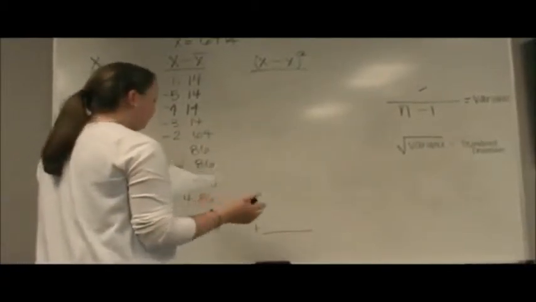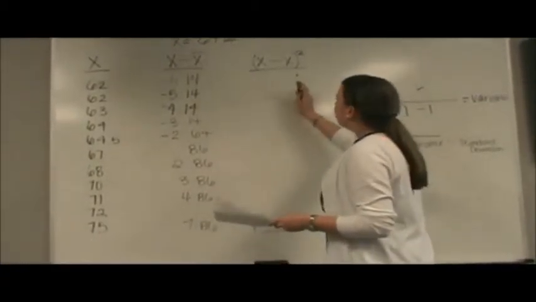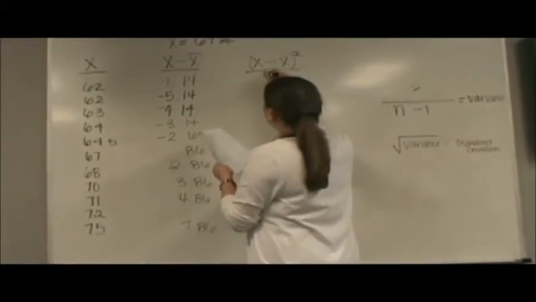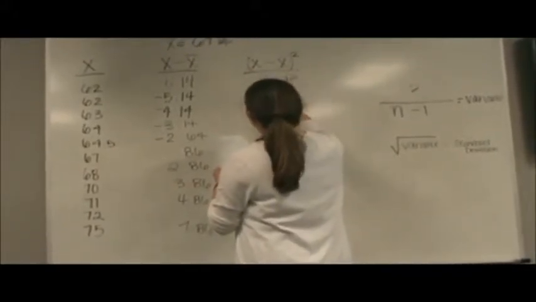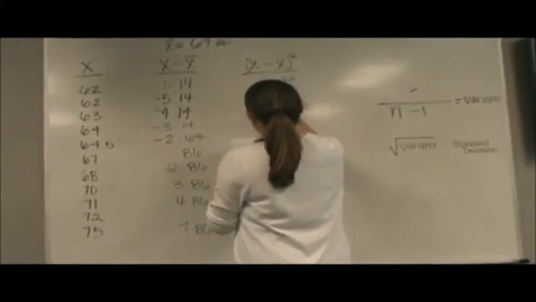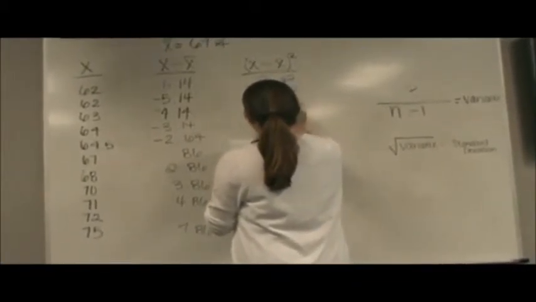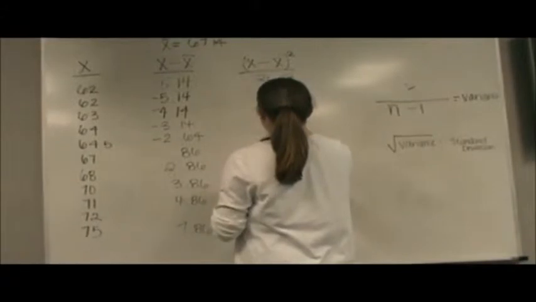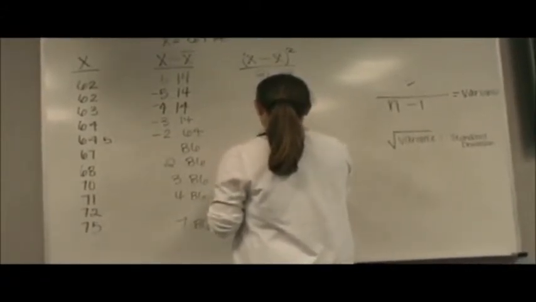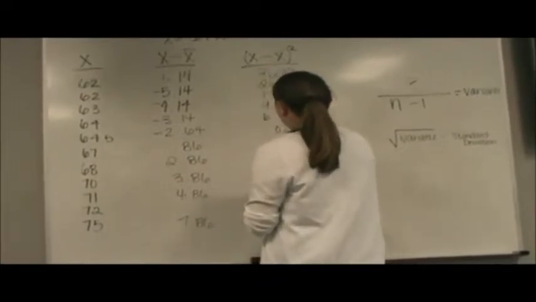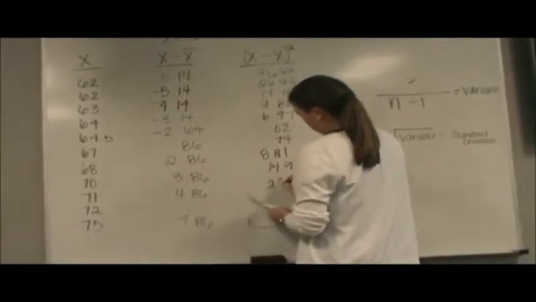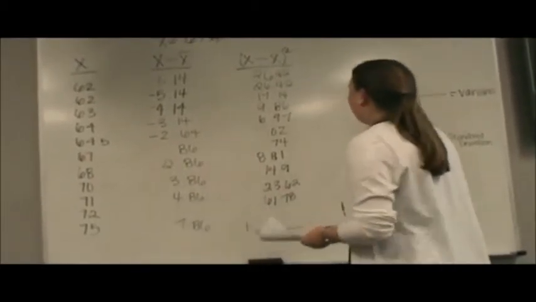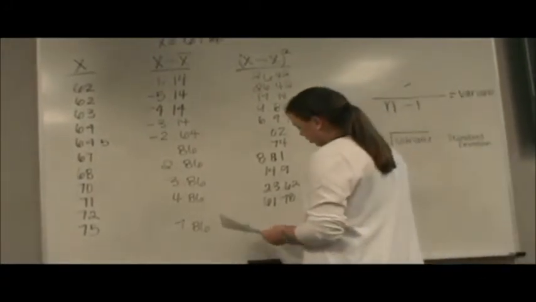So then, to make these numbers not negative, we square our x minus our mean, and we get 26.42, 17.14, 9.86, 6.97, 0.02, 0.74, 8.81, 14.9, 23.62, and 61.78. Now, we add all these together to get a total, and our total is